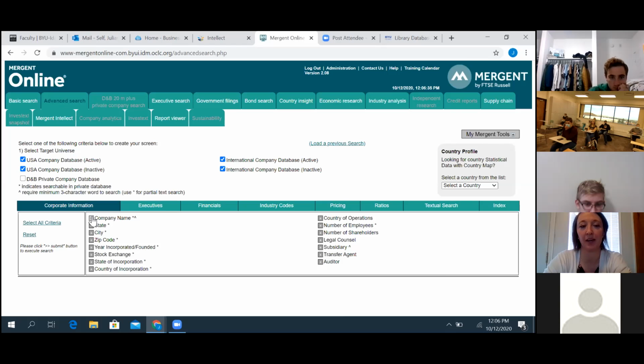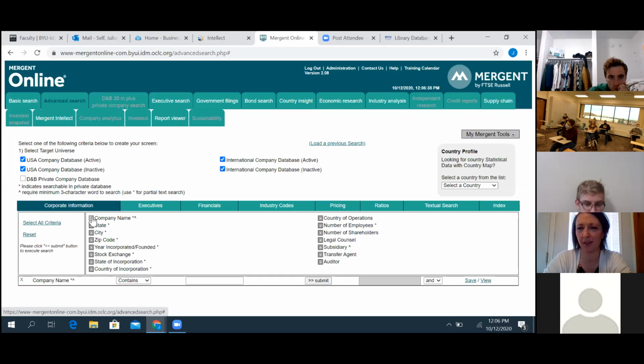So by company name, they're still working on this Mergent Online to make it more user-friendly because it's not right now. So sorry about that. But as you look through some of these tabs, you'll see what information some of these reports may have, you know, the government filings. So if you need to see what types of filings a company has made within the last couple of years,